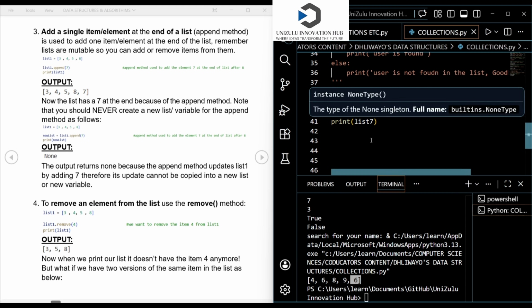Let me say append 10, just to make it a different number. So what did I do here? I have said I'm going to add 10 to the end of list 7. I'm going to add the element 10, or the item 10, to the end of list 7, right? And now I'm going to assign it into a new variable known as new list.